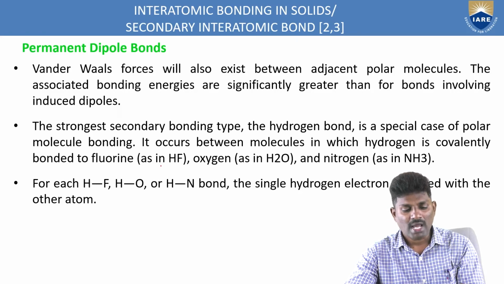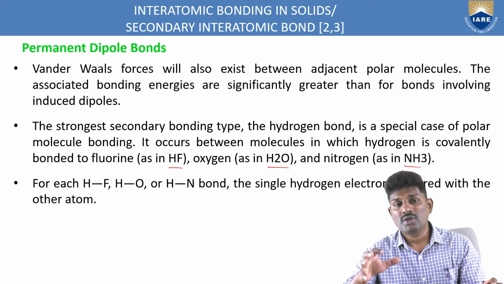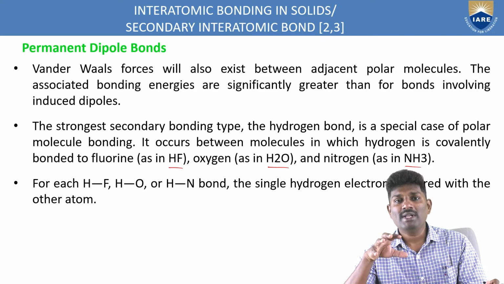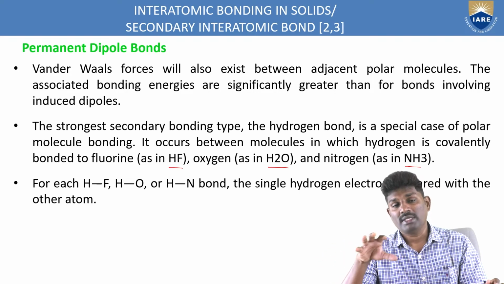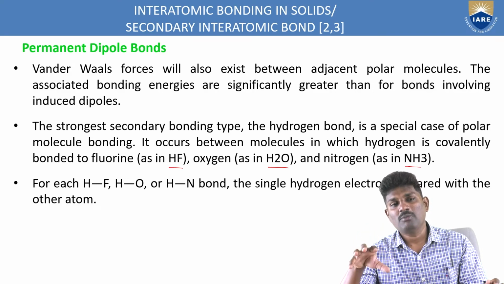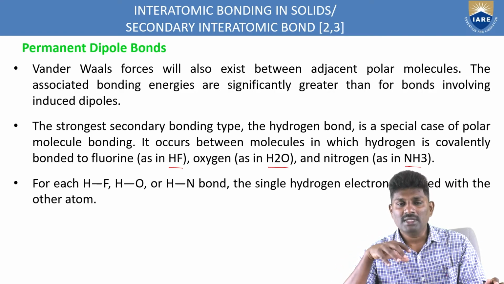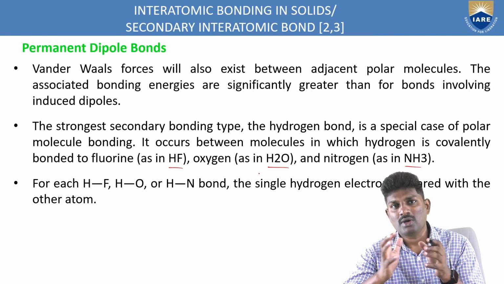So that's why hydrogen is added to fluorine, oxygen and nitrogen to get a strong energy, though it is a secondary type of bonding. So that's why we can increase the bonding energy, though it is a secondary bonding, with the help of some other atoms which have a primary bonding. Since in this case the hydrogen has covalency in nature, that is, the primary type of bonding is there in the hydrogen, we are trying to combine the hydrogen with fluorine, oxygen as well as nitrogen to get a good strong bond between them.